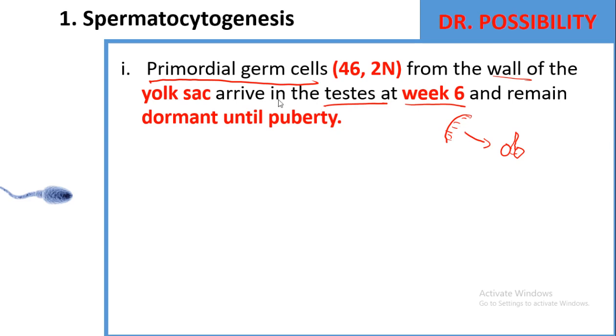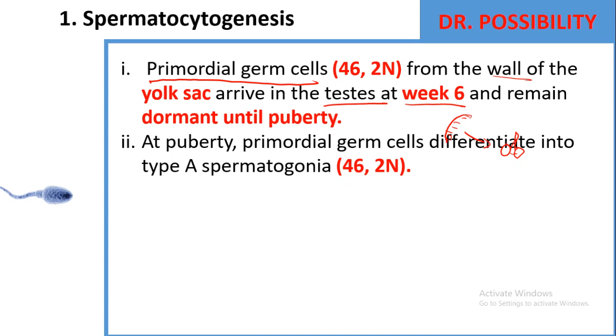So the primordial germ cells just move from the walls of the yolk sac to the what? To the testes in week 6. Once it moves from that point, it will become dormant. Nothing will happen until that baby is born. When that baby is born, then they will undergo differentiation, and that is during puberty. So at puberty, primordial germ cells differentiate into